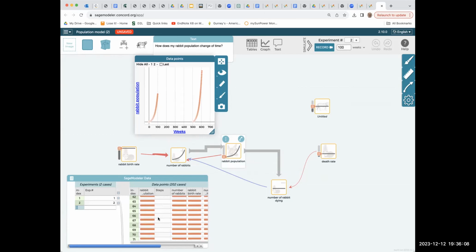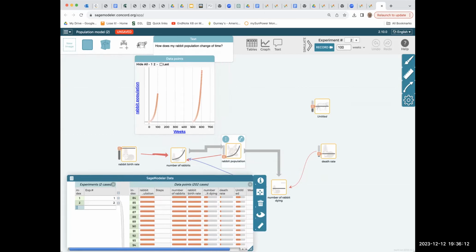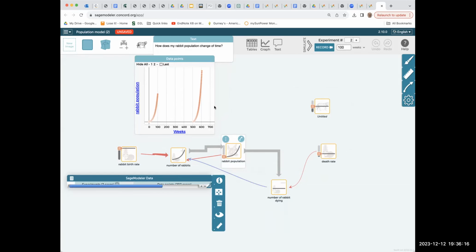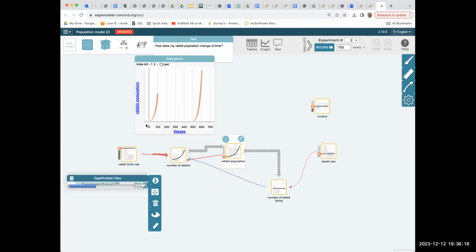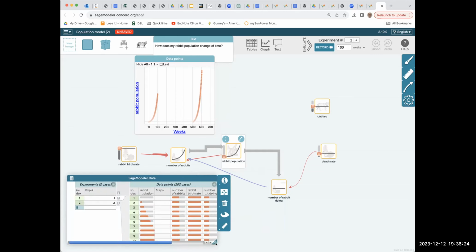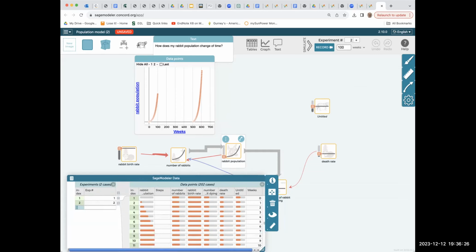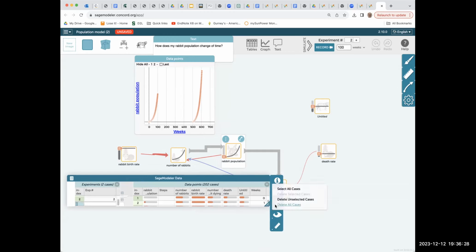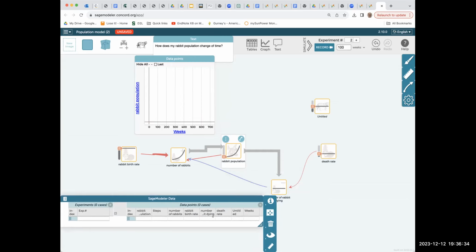Can you slide this to see all of the variables? Well, you can, but there's nothing there. Somehow, this is plotting on the 500th week, and this is plotting from 0 to 100, which I'm not exactly sure how I ended up doing. But you know, the best way to fix that is just to select all cases and delete them. And if you want to try to do an experiment,